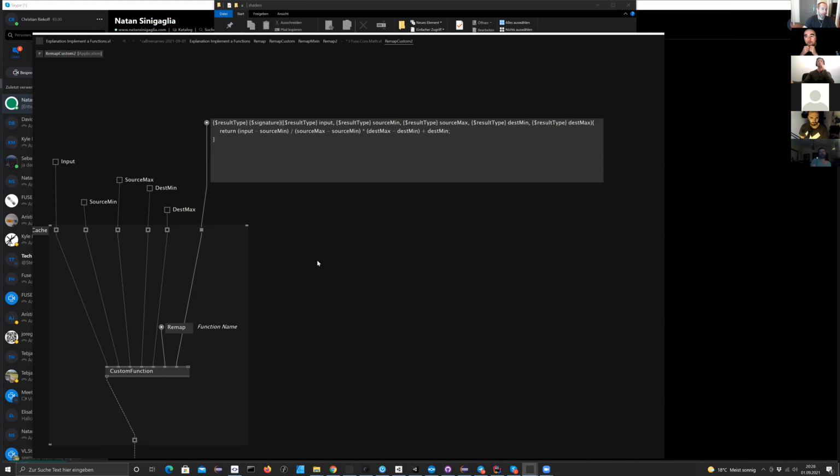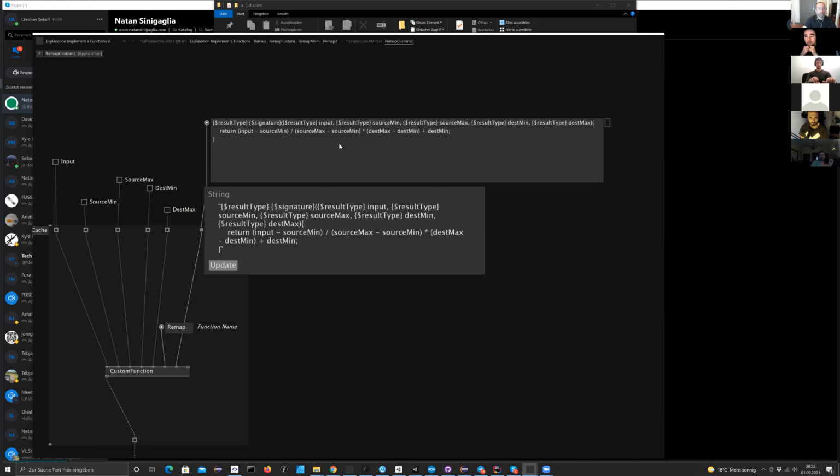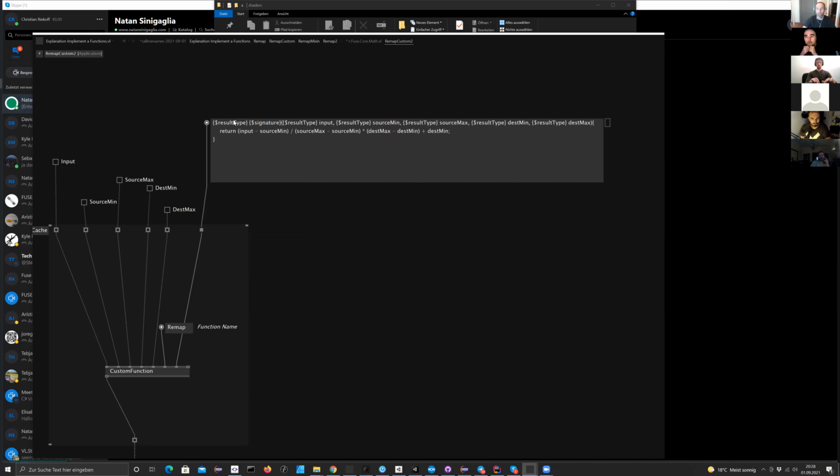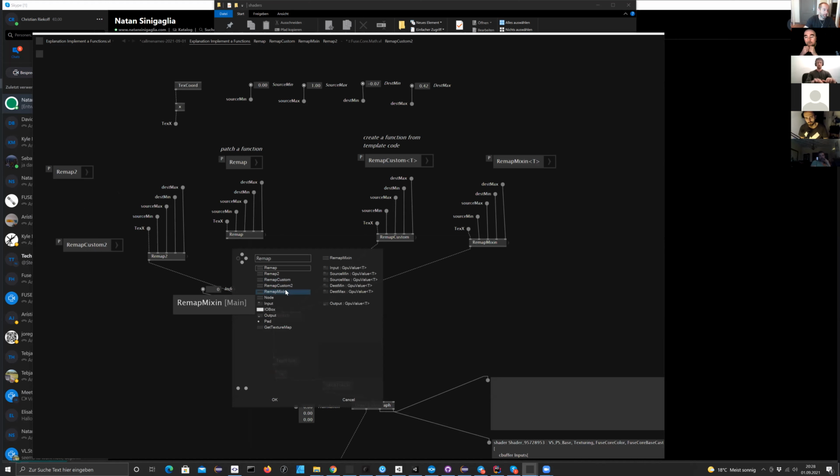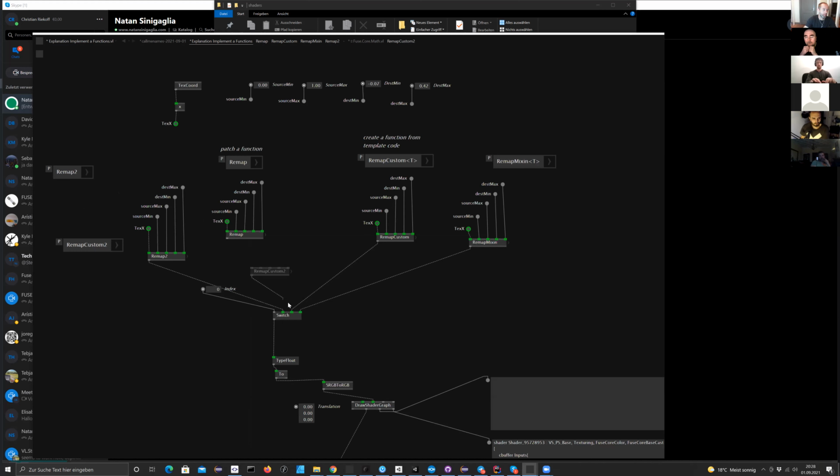So let's see if I got everything right here. I mean, basically, this is now a simple case for this function. But there is functionality which we can currently not build with Fuse, for example, for loops or something like this. And there you could not patch it, and to still allow you to build your own kind of nodes where you could have a for loop or other stuff, we have this custom function mechanism. So let's see if we replace it into